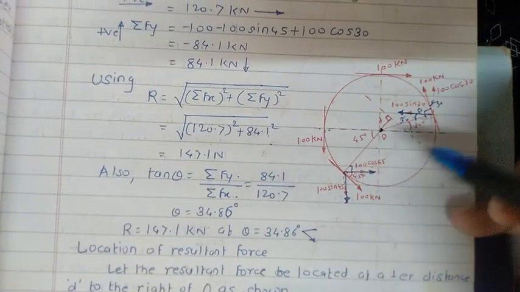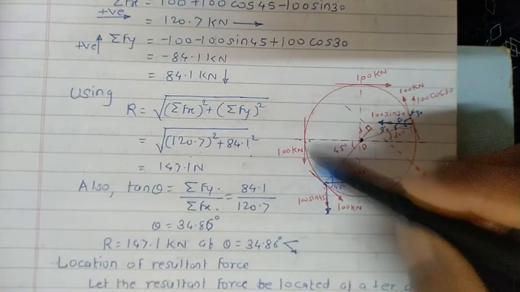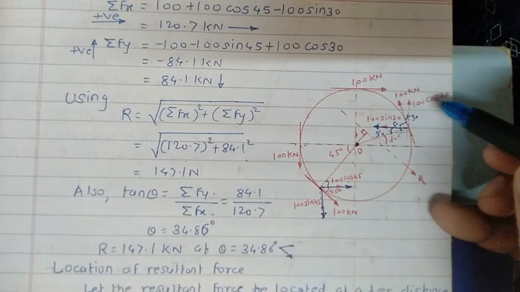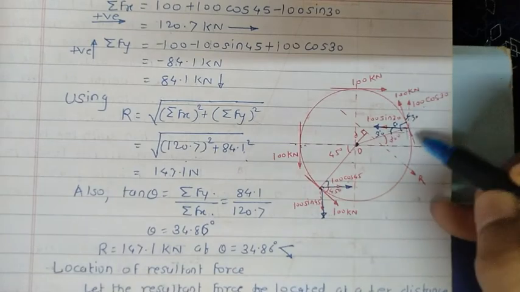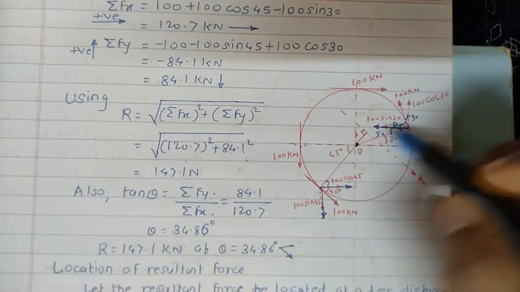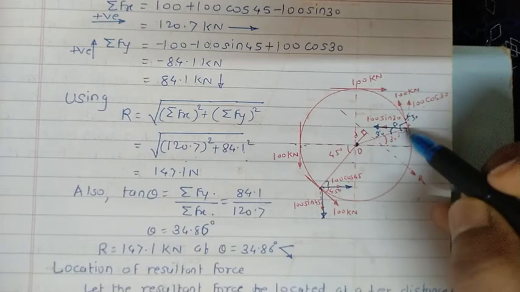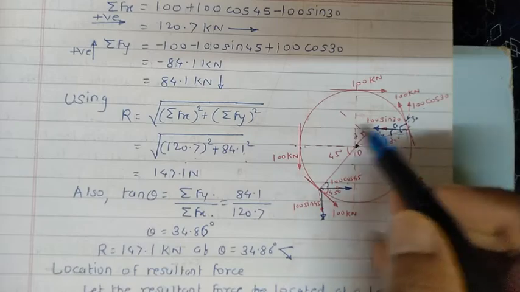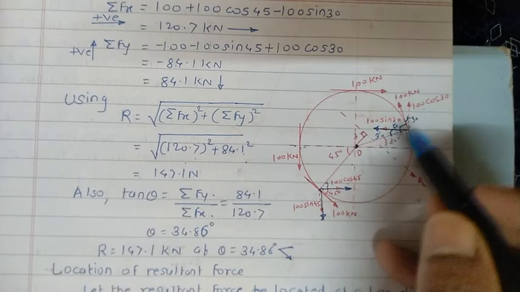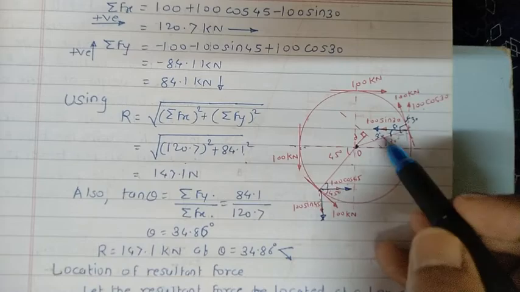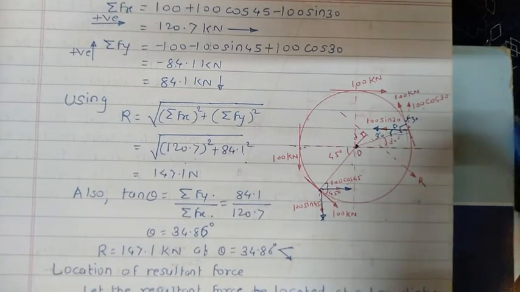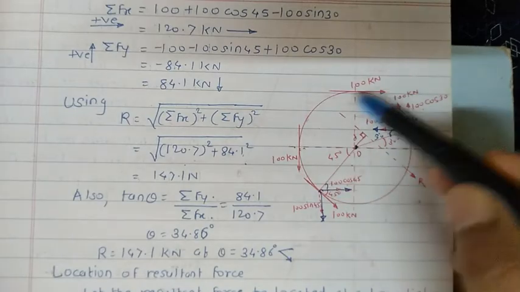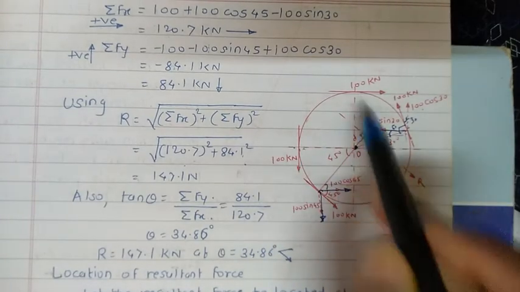For the circle case, if any force is tangent to the circle, it is not necessary to take the components. You can take the original force, because we find the direct perpendicular distance. It is not necessary to take the horizontal component with its distance and then the vertical component. If you do, you can get the same answer, but take the advantage of the geometry. Every force is tangential to the circle, so we can get the perpendicular distance directly.